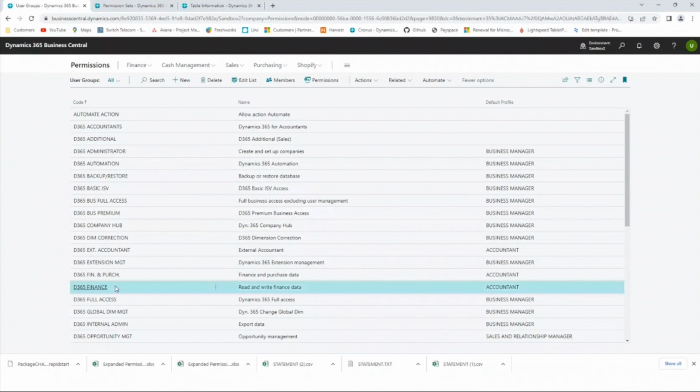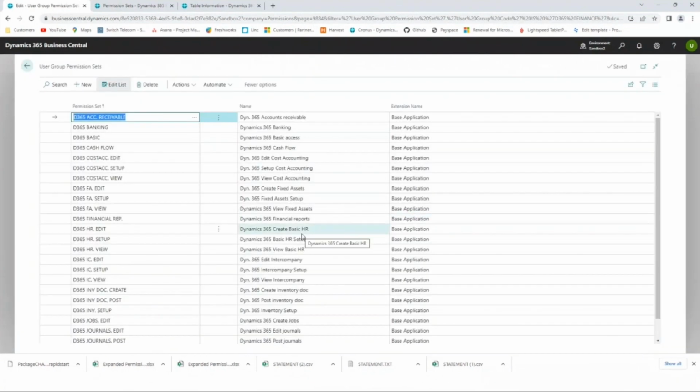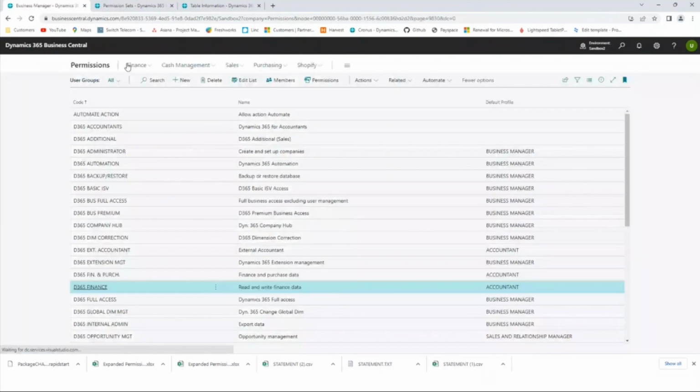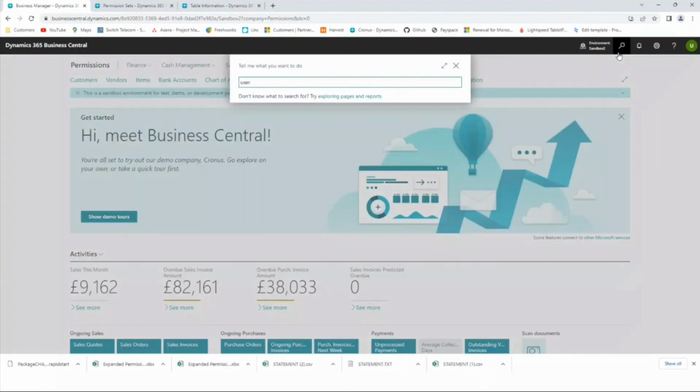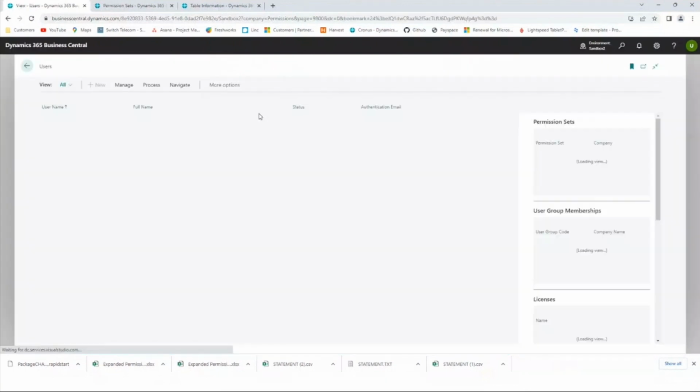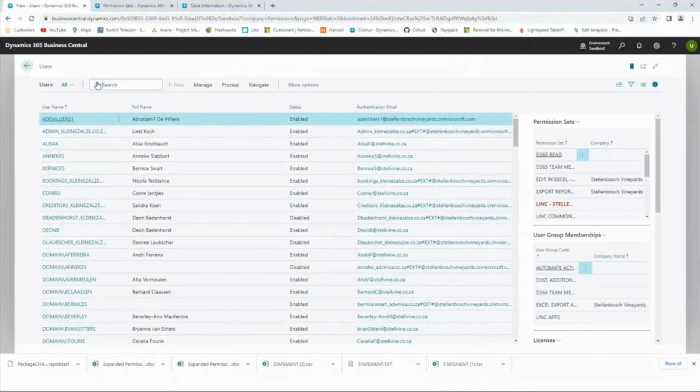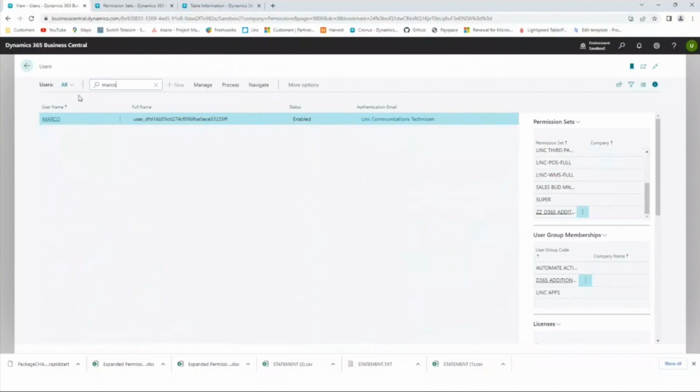As another example, if I go to D365 Finance, you can also see what permission sets have been assigned to the finance user group. And this finance user group will then be our level of maintenance. That is where we want, when we go back to the user card, to actually add permissions for that specific user. So if I go back to Marco,